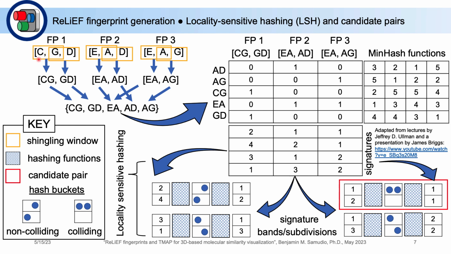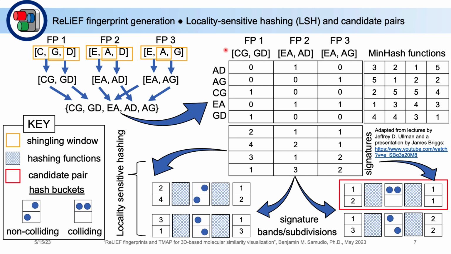And here the shingling window is of size 2, so it's going to move along the fingerprint and capture pairs in this case. So for the first shingling window position, it's going to capture C and G. Then it's going to move 1 over and capture G and D. Now all of these pairs are then collected into what's known as a vocabulary. This is a set. And then that set is going to be used in order to make what's known as